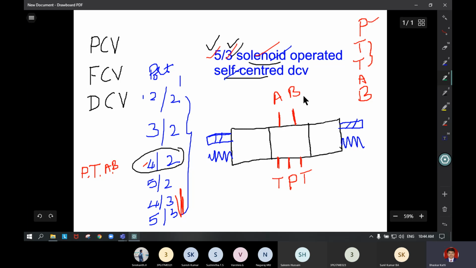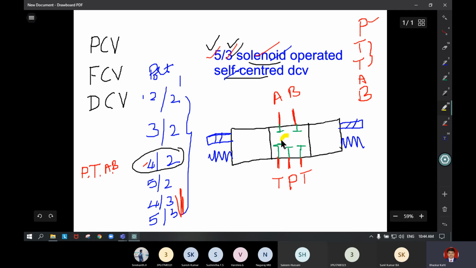We have studied the 6 types of different configuration for center positions. Out of that, I will consider all ports closed as the center condition. So here you have to write all the ports closed in this form. Inside the valve body at the center position, all the 5 ports are closed. Okay. Next.